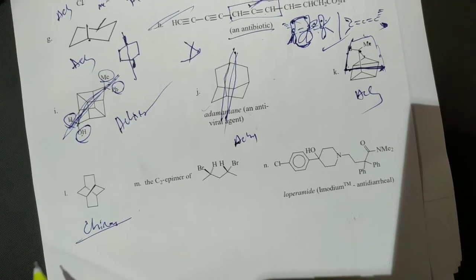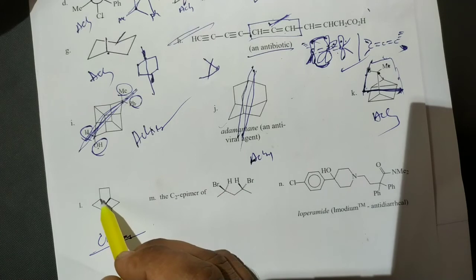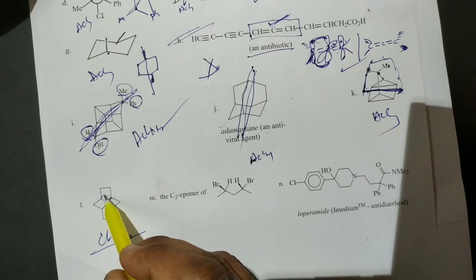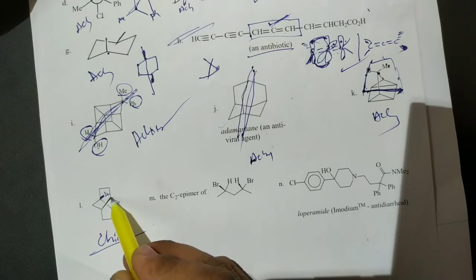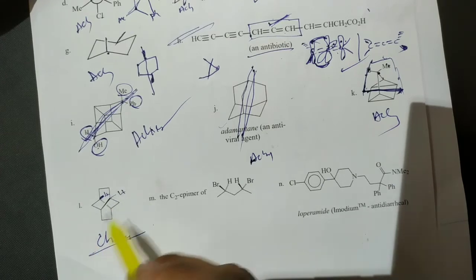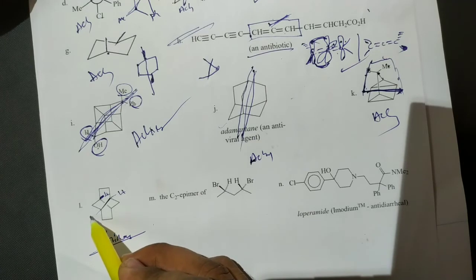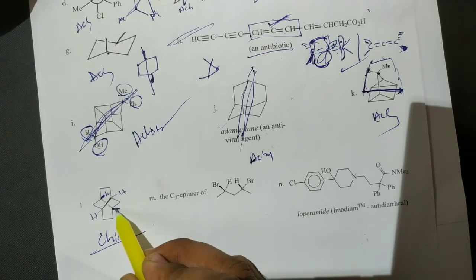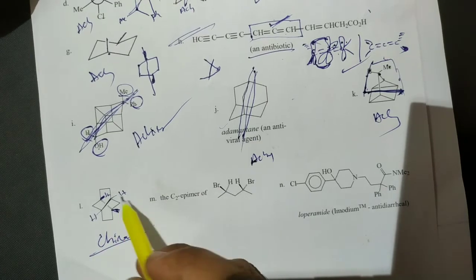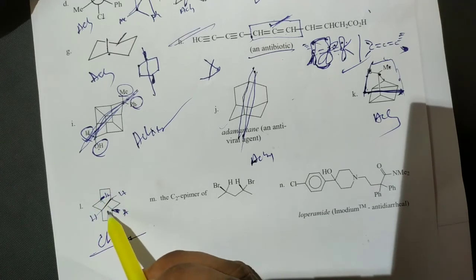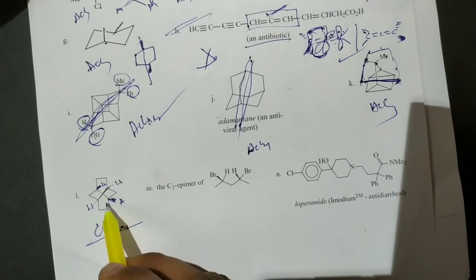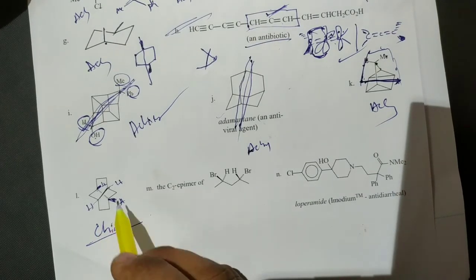Okay, how is it a chiral molecule? In this case, on this carbon one hydrogen is above the plane. Here on this carbon one hydrogen is below the plane. In this case on this carbon it is below the plane, here above the plane. Okay, so due to these carbons this cannot be cut into two equal halves actually. So this molecule is a chiral molecule.